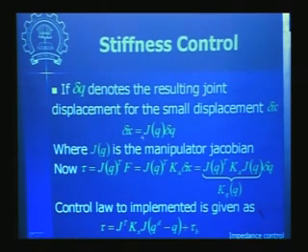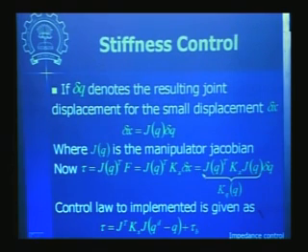So delta x can be represented in terms of delta q by using this Jacobian matrix, and then the torque in a similar fashion is related to the force with this Jacobian. Now this force again we replace with Kx into delta x, that is our desired force, and then this delta x is nothing but J into delta q.